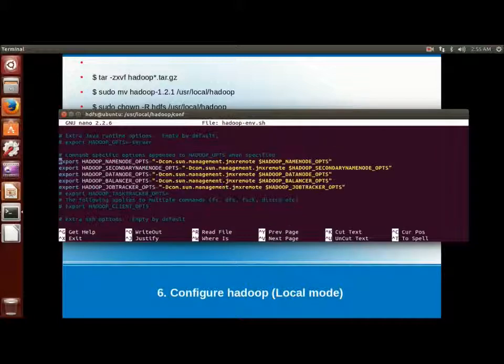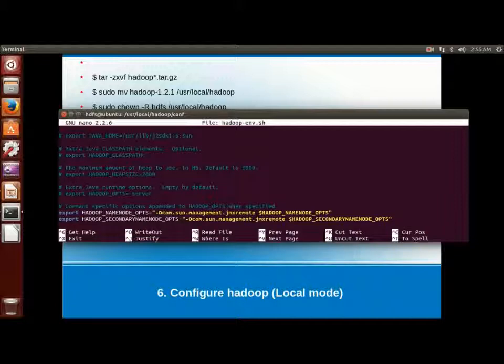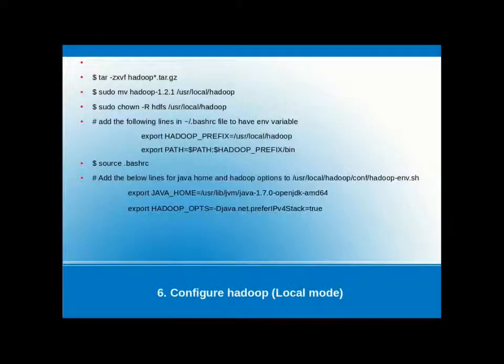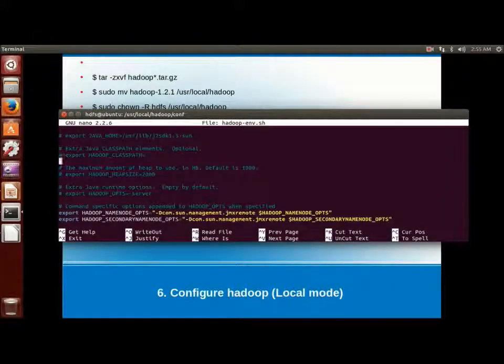So we can copy this export JAVA_HOME to the location of Java, the installed Java directory. We can write those lines anywhere in this file.